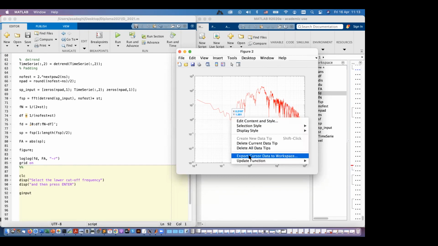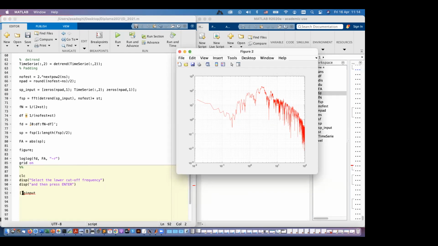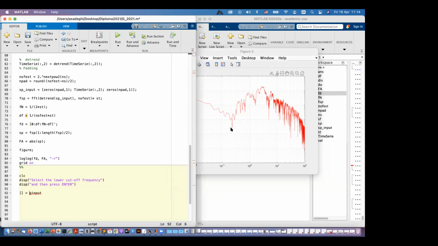But we didn't run it now, so we use ginput and we save. We don't need the y coordinate here. We just need the x coordinate because we are looking for frequency, not for the amplitude. And we call it, for example, LU underline corner, whatever. And for the next one, because we don't need it, we can use this. Okay, then if I run the code,